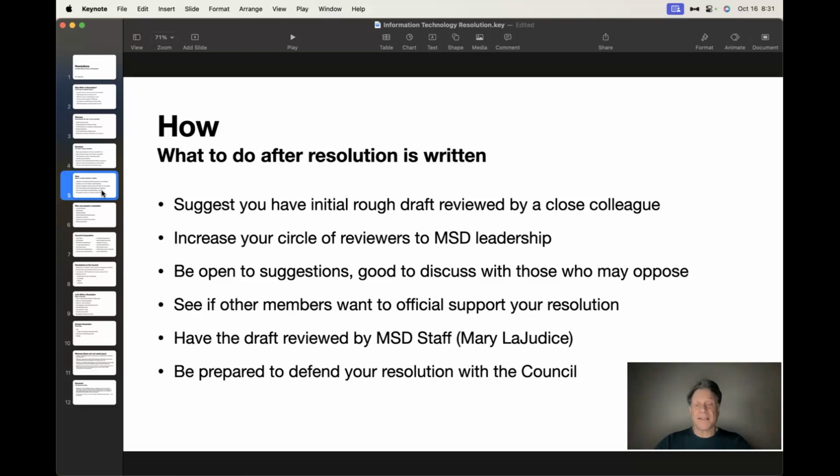Be open to suggestions. Good to discuss even with those who may oppose. See if other members want to officially support your resolution. And have the draft reviewed by MSD staff, in particular Mary LaJudas, who's very helpful, especially with the technical aspects. And lastly, be prepared to defend your resolution with the council.